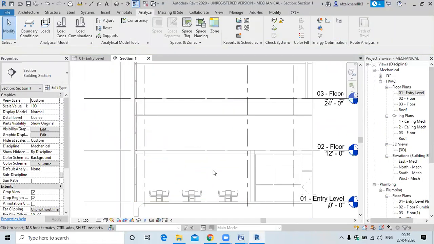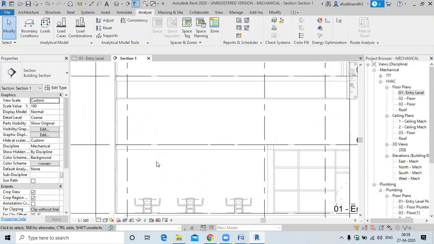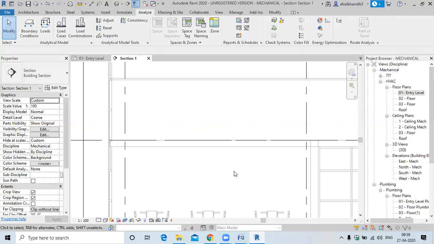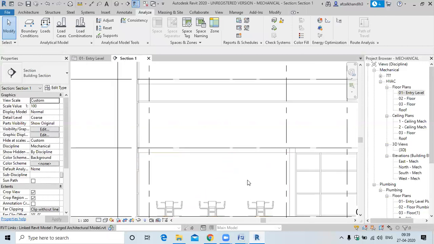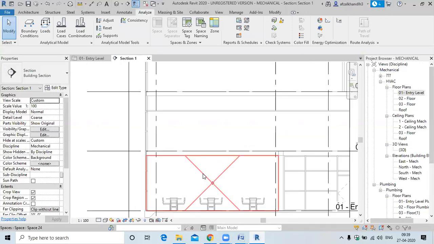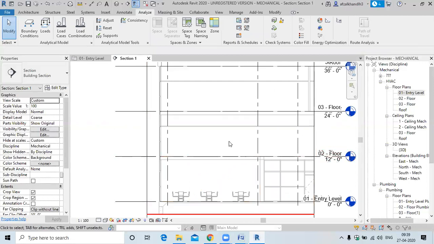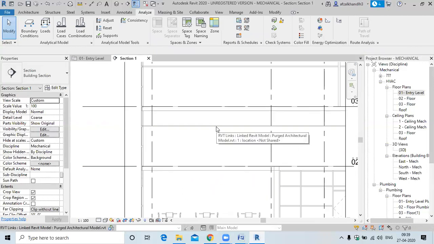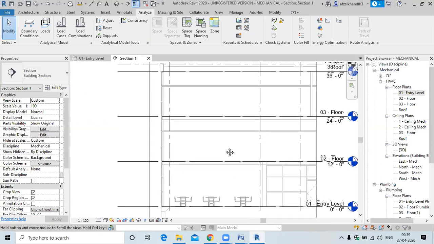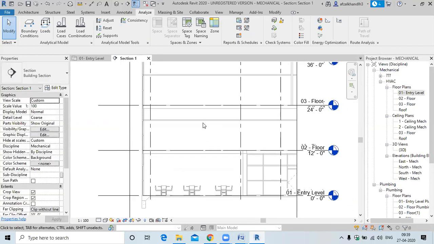This is the ground floor. This ground floor is not having any false ceiling here. This is the floor and this is the whole space. But the second floor is having the false ceiling. Understood? You can check also.